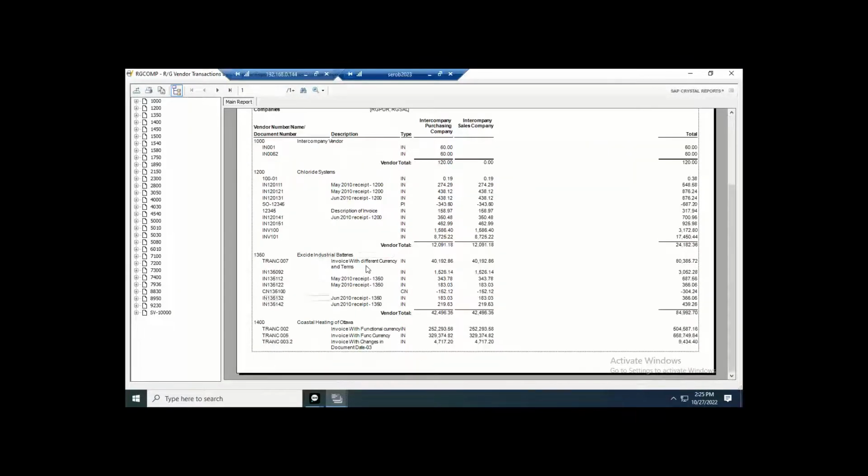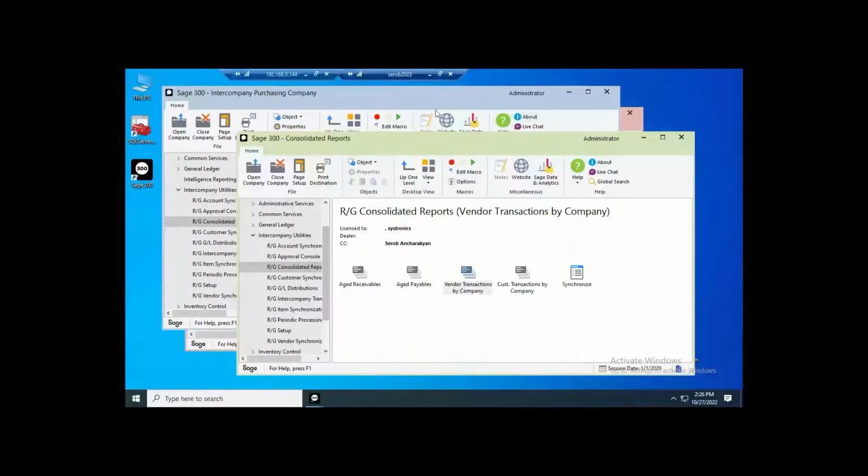For example, for this 1,200 customer vendor, there is a column for one company and a column for the second company. And on the last total column, we have figures which is consolidated, includes the information about these two companies' information. This much about the reports. Let's go on